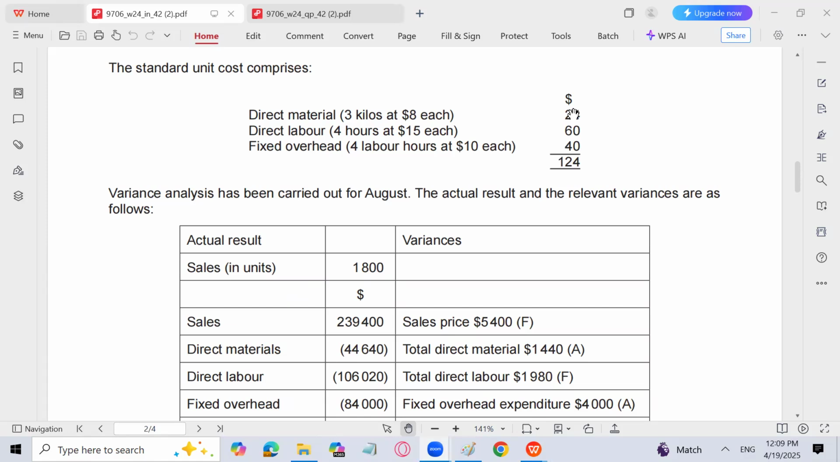Today, we are going to solve our topic of A2 accounting, and that is from standard costing. In May-June 2025,